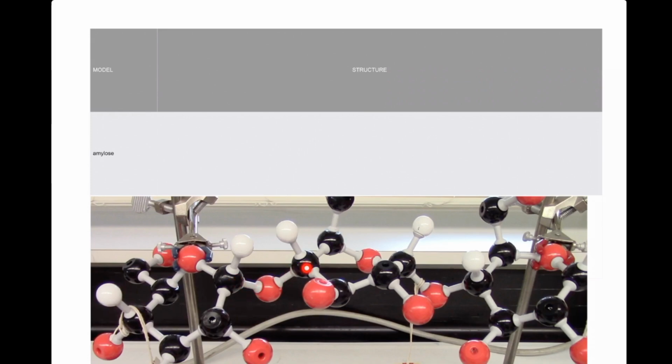I want to focus your attention here. That's the glycosidic bond attaching these two sugars. Notice how it's going down. That's an alpha glycosidic bond. Here's another glycosidic bond over here. It's going down. So this is the portion of the polymer amylose. Amylose is a polymer of glucose. But in the polymer, all the glycosidic bonds are alpha. That's amylose. So I'm going to draw this, but I'm going to draw it as a skeletal formula